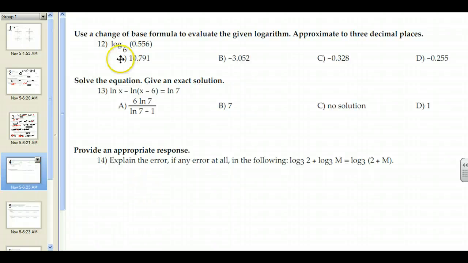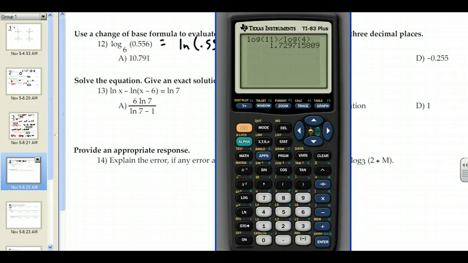12 wants us to use the change of base property to approximate this thing. According to the change of base property, I can say that this is the natural log of 0.556 divided by the natural log of 6. The natural log of the original input divided by the natural log of the original base. To 3 decimal places, that's approximately